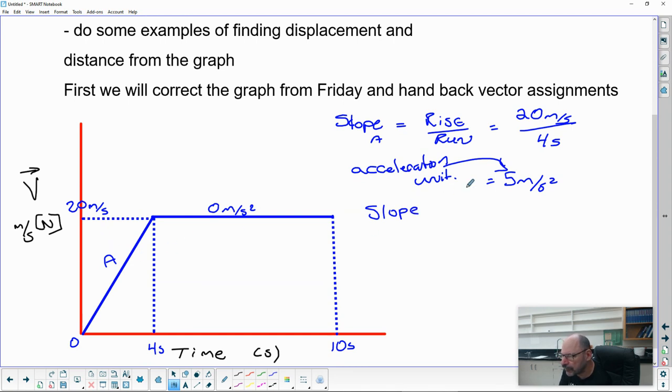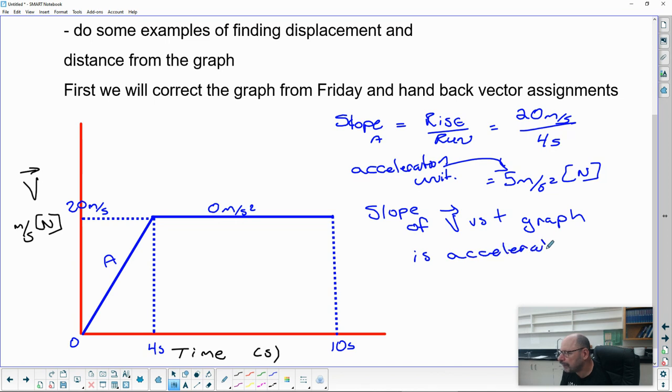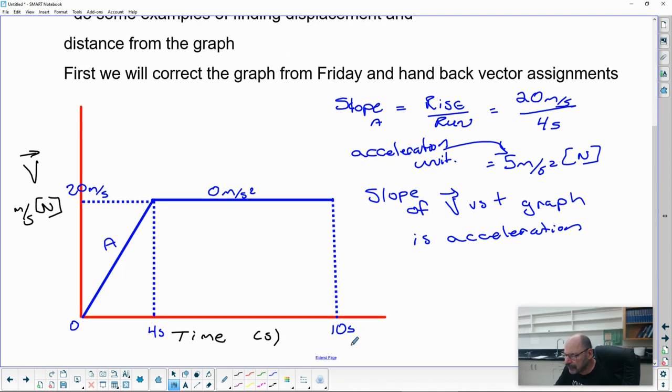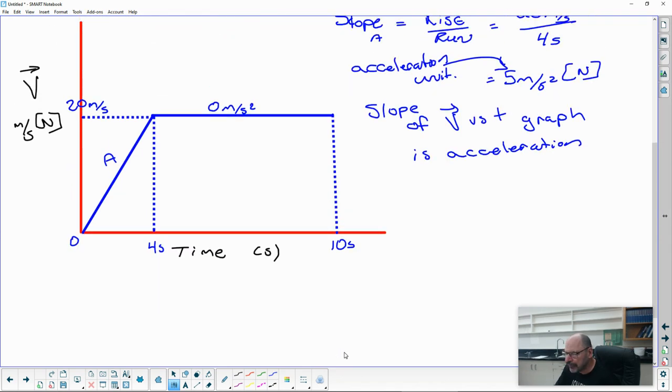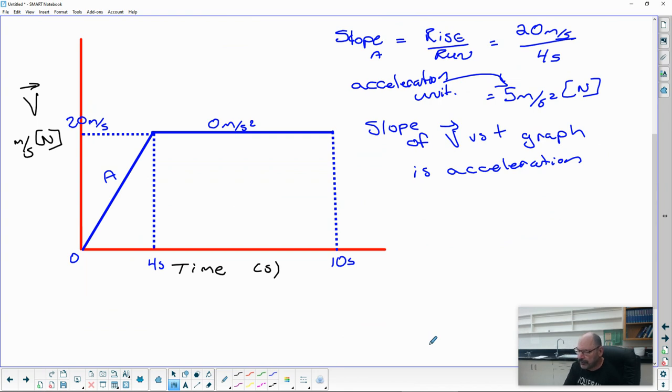So the slope, of course, this is north, right? The slope of a v versus t graph is acceleration. Or if you slow down and you go downwards, deceleration. Right? Now the interesting thing about a graph like this, a velocity time graph, is that if you multiply